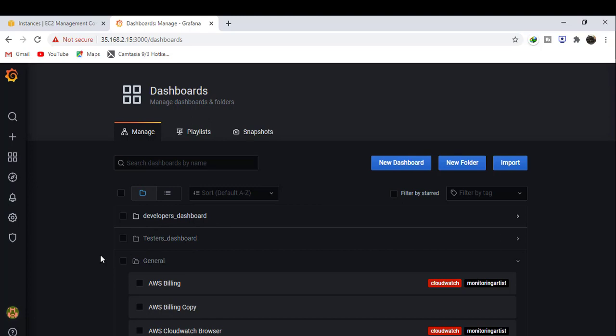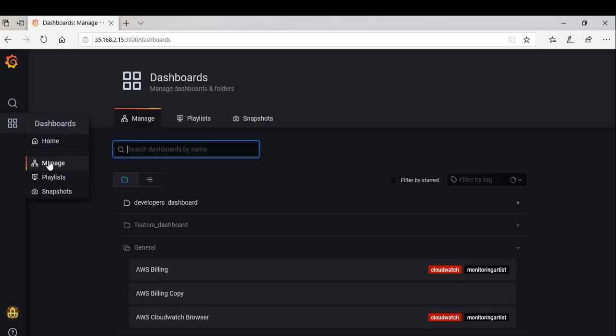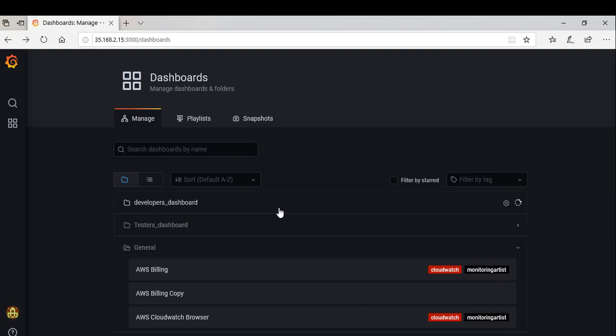let me do one thing here. Let me go to the Dilip user dashboard. So here, if you click the manage option, you observe that he is able to see the folders, right? Why? Because by default, when you create a folder, users with the viewer role are granted permissions to view the folder. That means,